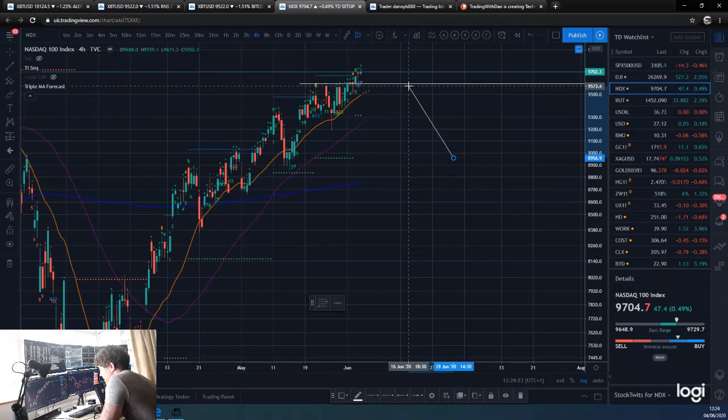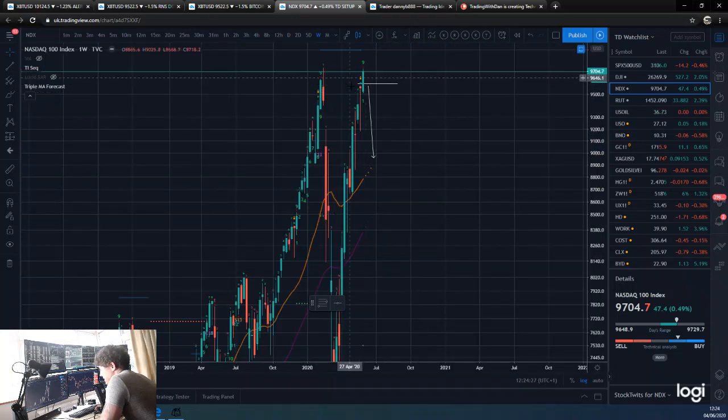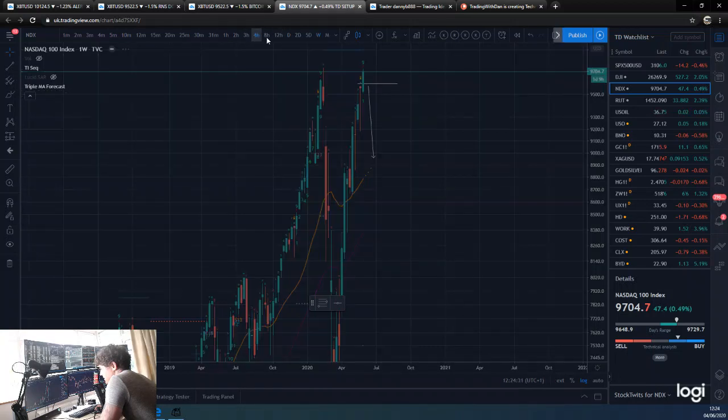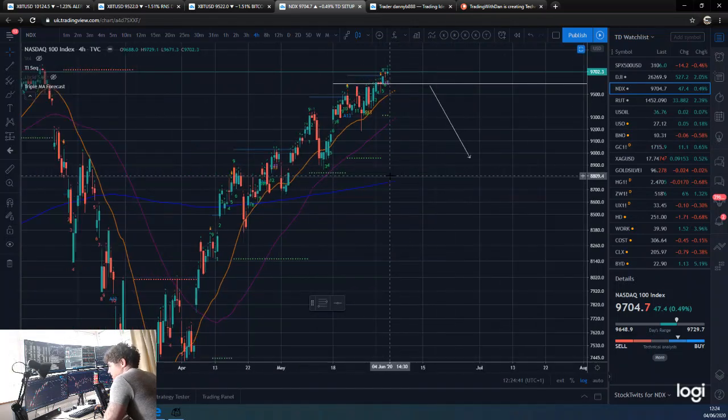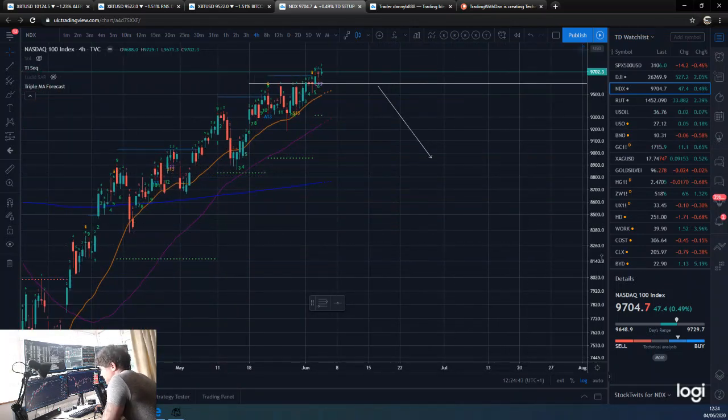Obviously we've got the weekly 9, where we knew the level was on the weekly 9. So if we look at where that means now, it means we're going to be in this candle a bit. But again, that's just a weekly candle. This is a more actionable trade off a 4-hour candle rather than looking for a weekly 9 pullback for a 1 to 4 week correction. But anyway, yeah, so potential sell entry here in the Nasdaq if we break below there.